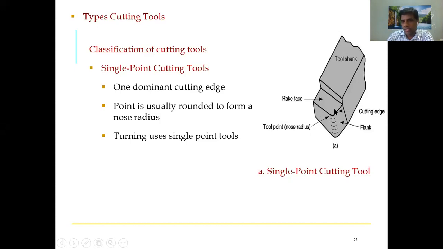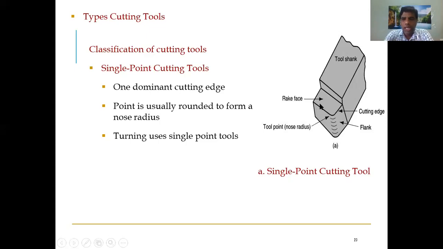This is considered the primary cutting edge. This is considered the secondary cutting edge. But these cutting edges have continuity, like in your knife. If cutting edges or cutting points are continuous, we can consider it a line. It may not be a straight line, maybe a curved line or a different shape, but we consider it a single line. Mostly the active cutting edge is the primary cutting edge, and this is the secondary or auxiliary cutting edge.